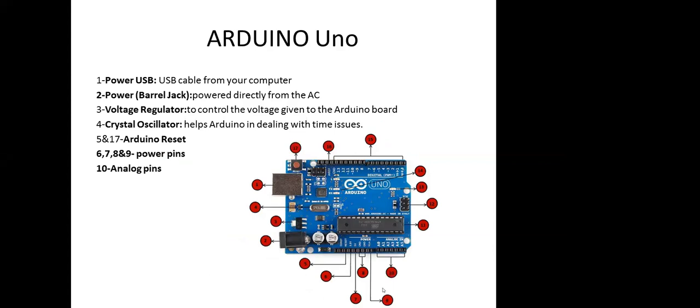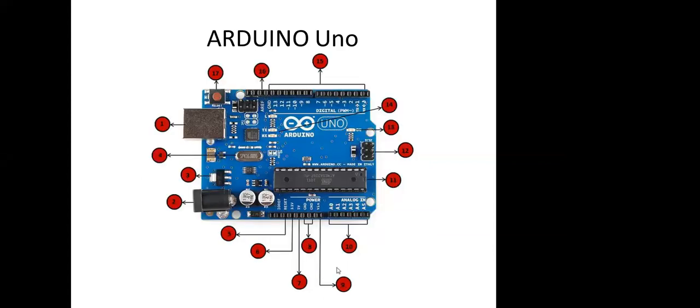Then the second one is the power jack. Why this power jack? Because you cannot always connect your computer to the board. These are small boards on which we can develop a dedicated task. For example, let's say a weighing machine, काटा, right? जो तोलने का काटा होता है ना. So for that application,